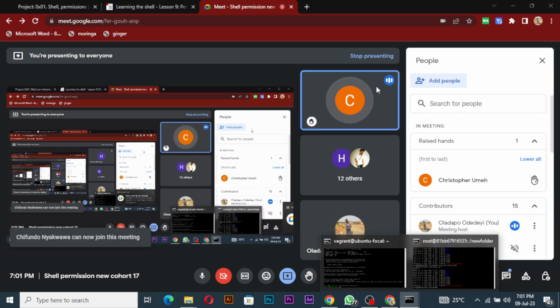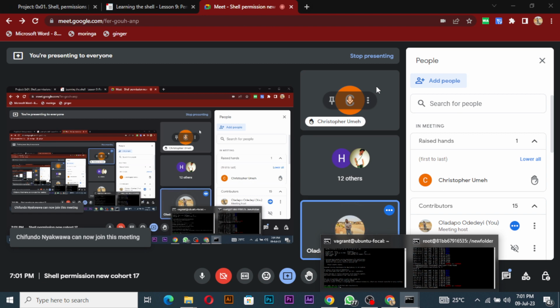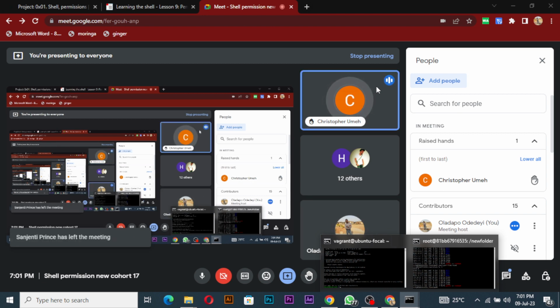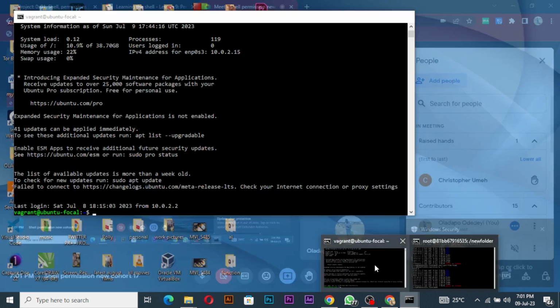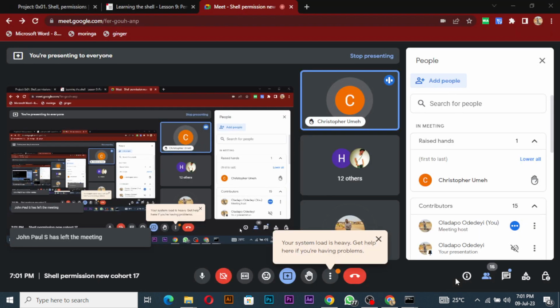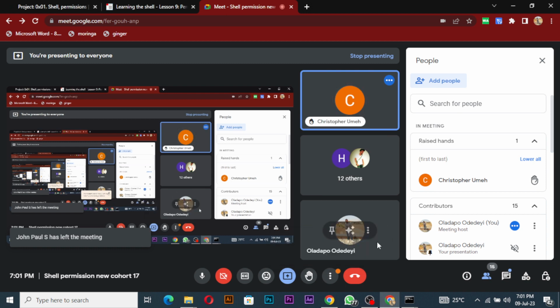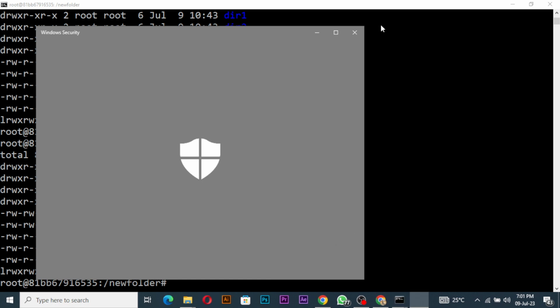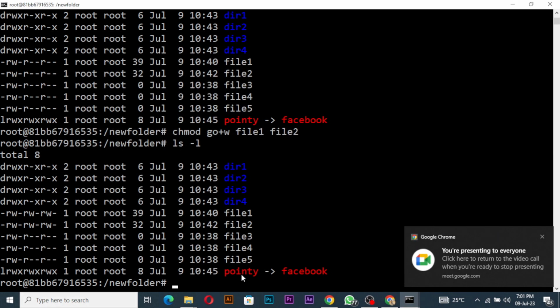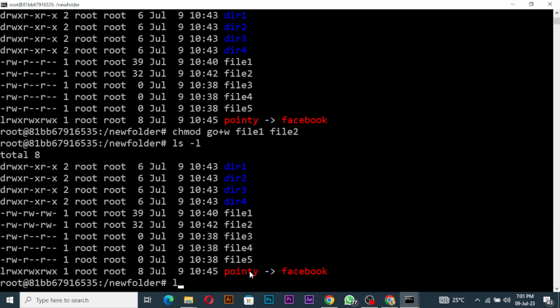Sorry, good evening. Can you hear me? Yeah, I can hear you. I've been trying to ask this question about the symbolic link, but the network has been terrible. Is the pointing part of the command for a symbolic link, or is it just the ls -l? It's part of the command I use. I did ln to create a symbolic link. You do ln -s, and then